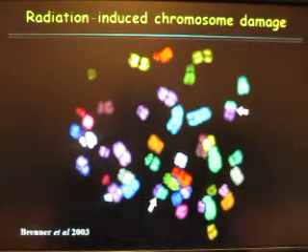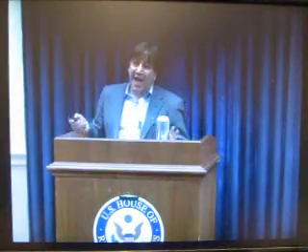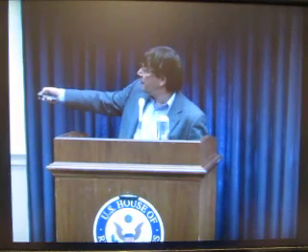I'll show you a couple of pictures here of chromosome damage from our own work. These are actually radiation workers. This is a chromosome spread from a radiation worker. So, as you know, we have 23 chromosomes, and what we've done here is paint every one of those chromosomes a different color. So there are 23 different colors here. So in a normal set of 23 chromosomes, what you'd see is 23 different colors. But what you see in this picture, you see this purple and blue here, and you see another purple and blue here. So what has actually happened in this case is the radiation has broken this purple chromosome and this blue chromosome,